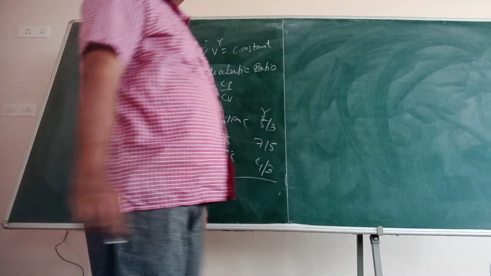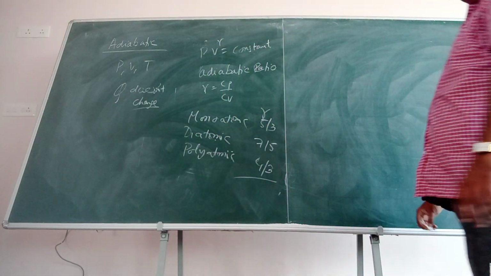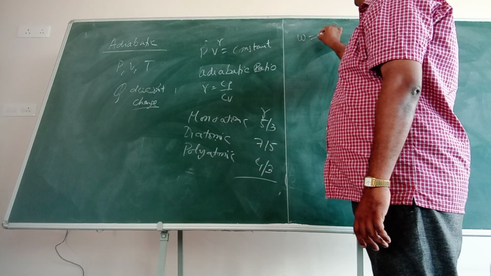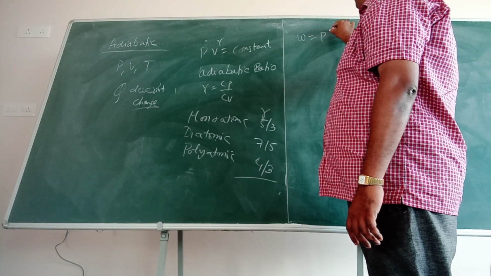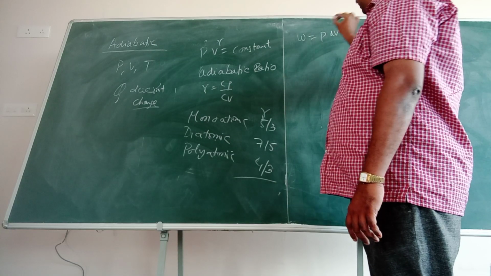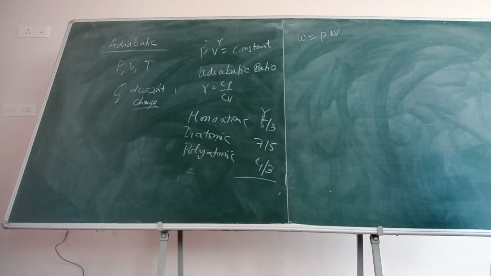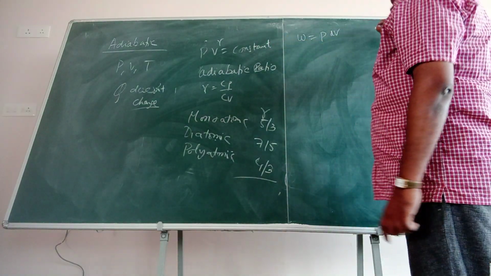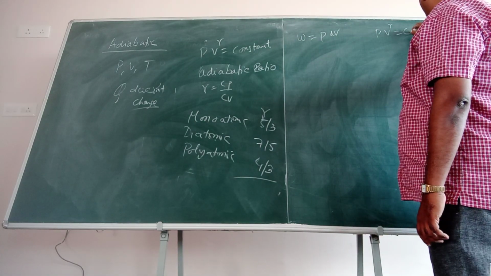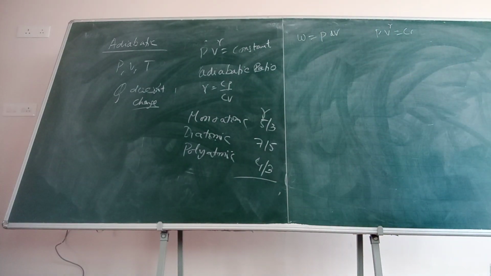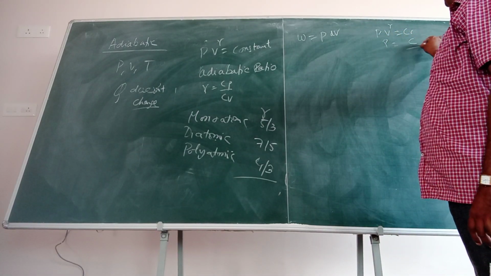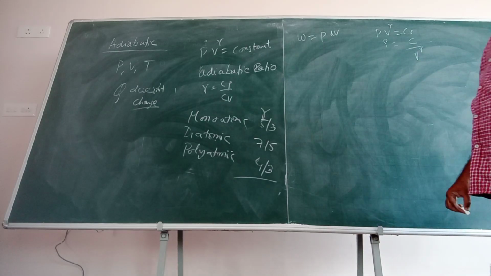So this is the first thing. Now we are trying to find out the work done. Work done again is P into dV, right? So we have to find that out. Here we have the equation P V power gamma is equal to constant, some C. Carefully see this. So P will be equal to C by V power gamma.